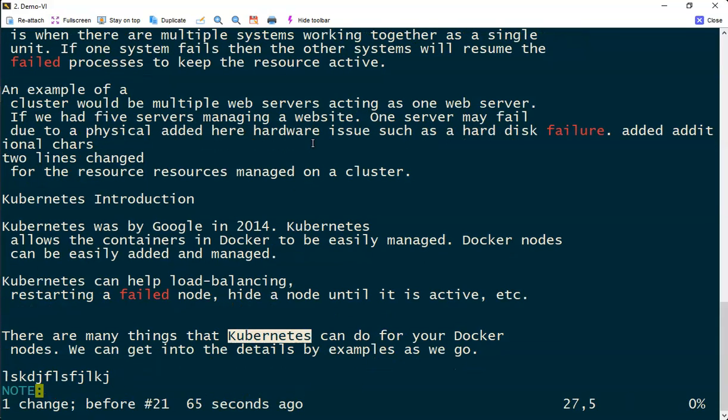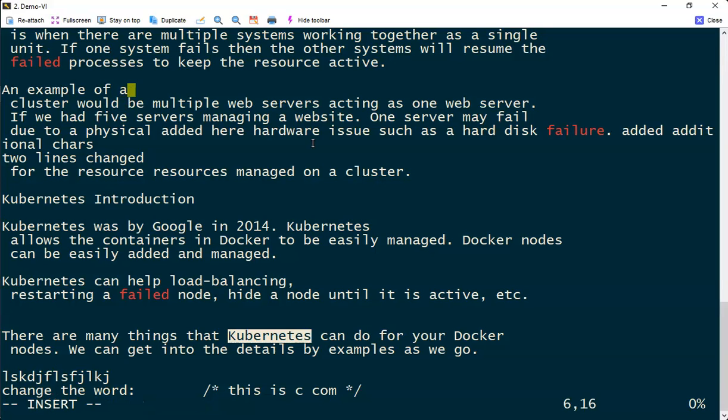something happened here. Let me take this example again. I am doing an example of a demo and I press escape and did this delete. Example of a demo to show Shift U. Okay. Now if I do Shift U, it comes back to the original line as it is.